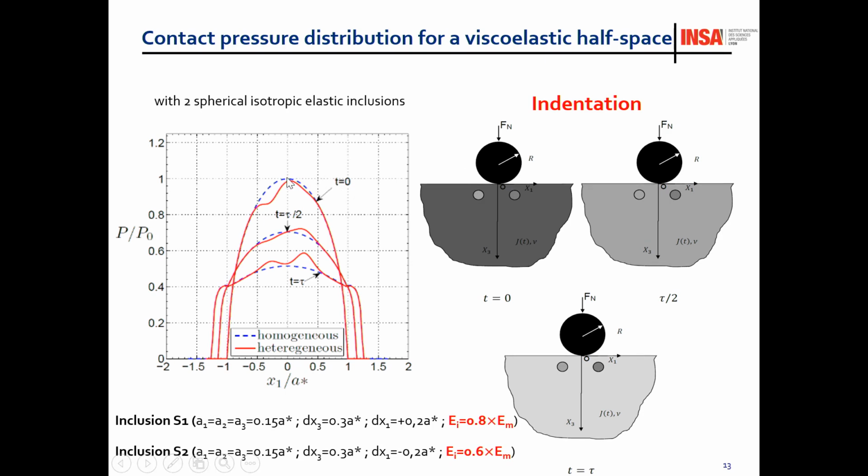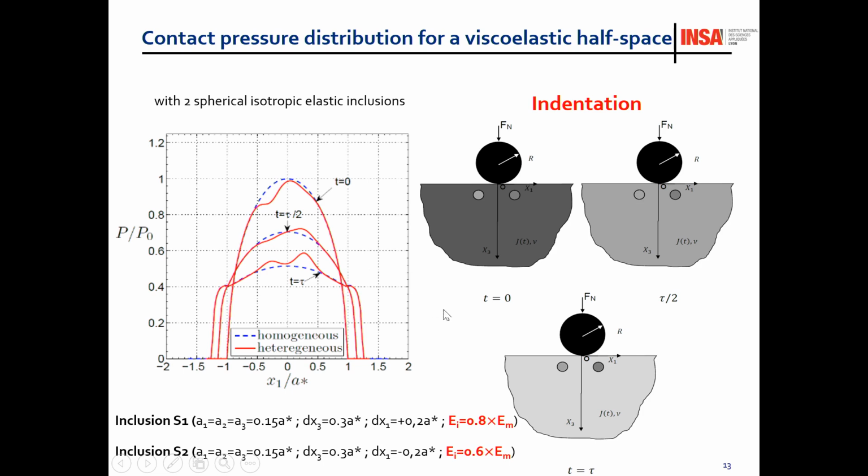Then compared to the Hertzian solution, you have a pressure which is lower everywhere because you have two soft inclusions. But after a while, because the material will relax, here, for example, for time equal to tau divided by 2, half the relaxation time, you have about the same property for the left inclusion and the matrix, and the right inclusion becomes stiffer. Then you can observe a peak of pressure on the right. Maybe this one is slightly softer than the matrix. I can see that here because it's below the Hertzian solution.